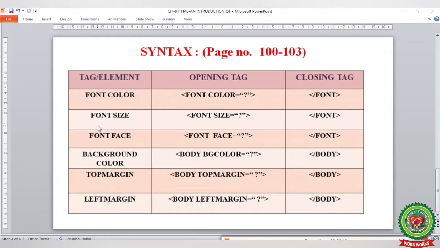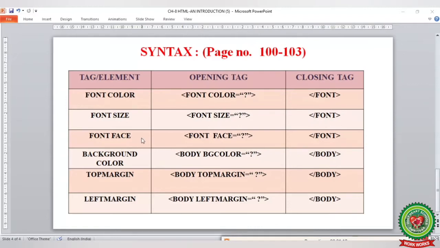Here the next tag is font size, where within the angular brackets we will write font space size is equals to, within the double quotes we can give any size of the font, and to close this tag we will use within the angular brackets /font.